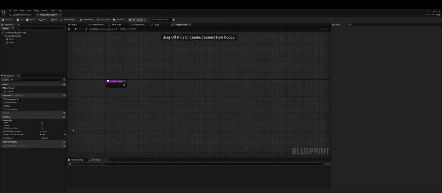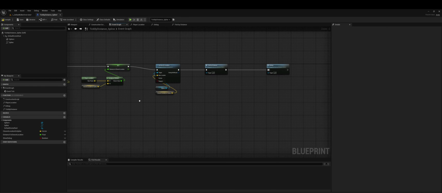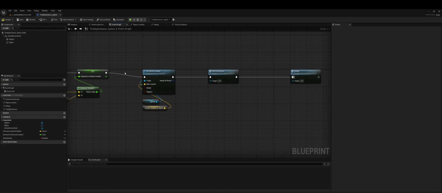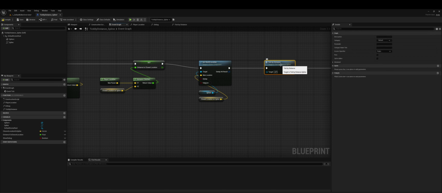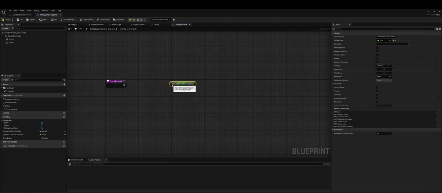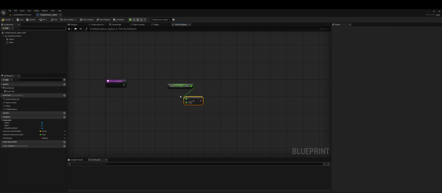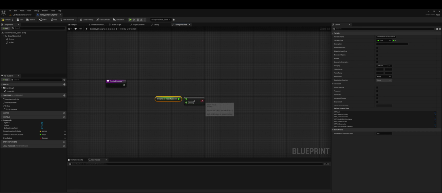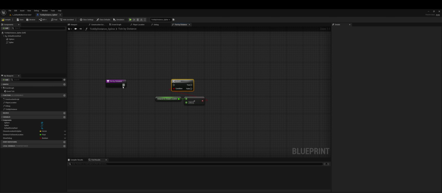So the first thing we're going to say is, yeah, we did set this variable. That's good. We need to make sure this is set before we ask for it here. So distance to, yeah, here we go. So we want to say, is our distance less than, let's just say for now, 500. So if our distance is less than 500,